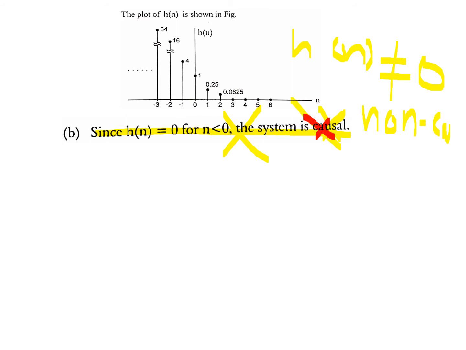This is wrong, okay. This is actually not equal to. So it is non-causal, okay. Please correct it in your PDF also. I think it is corrected. If it is not corrected, please correct it, okay. So when you go to this, no, please correct it. It is non-causal because it is not equal to 0. See, all these values are non-zero, no. That means it is non-causal.